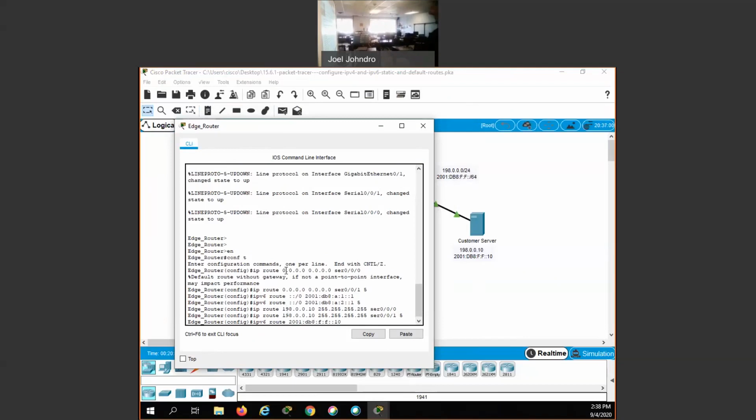On a host route on IPv6, I do believe it just specifies /128. We'll find out. And this is going to ISP1's IPv6 address, which is